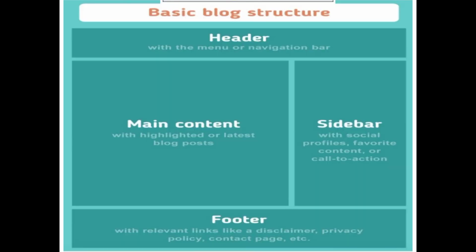Now, be ready to learn some important sides of blog writing. Before you start to write a blog, first of all, learn the blog structure. You have to select a blog structure for your blogs. Here is one, the block structure. What comes in a block structure? Header, footer, sidebar and main content.